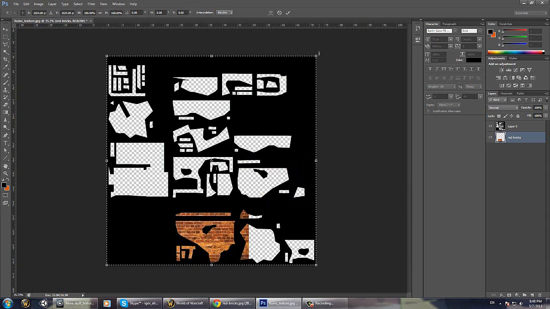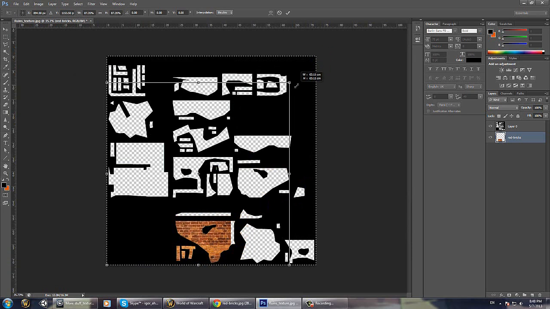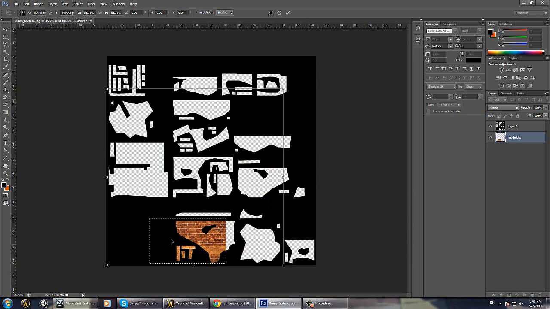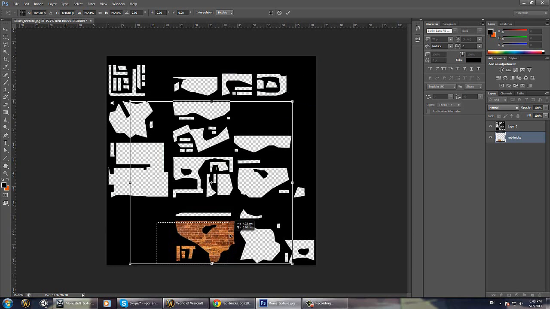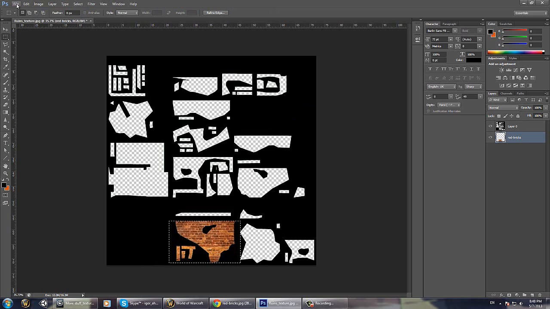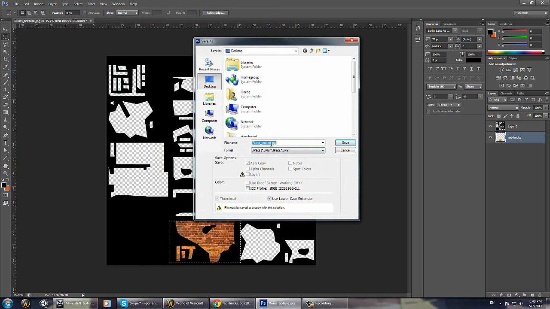This will allow us to scale down our whole canvas, and let's press V and move it to the side like so, because we want to fit as many bricks into the area as possible, like so. Hit OK, so enter, and File, Save As JPEG, ruins texture 1, save and overwrite,